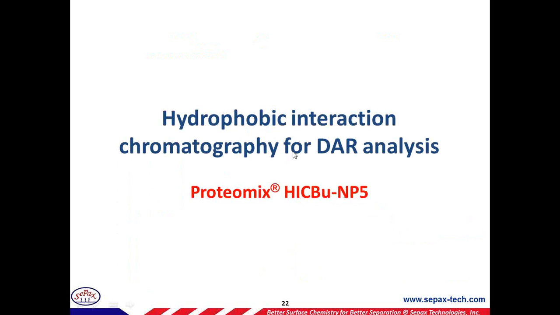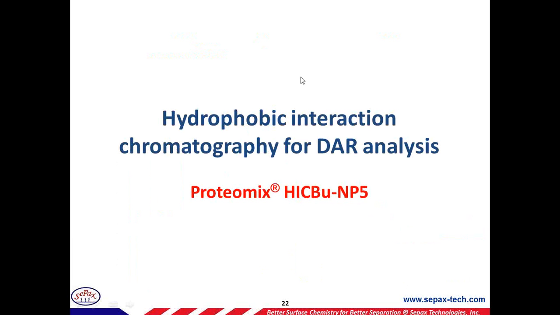Very good. All right. So we're talking about charge variant separation on the cation exchange, and next we'll go into hydrophobic interaction chromatography for the DAR analysis, the average DAR calculation, and also the DAR distribution. The column we'll be using is a polymer-based hydrophobic column. It's a butyl phase. However, we also offer a screening kit with ethyl, propyl, butyl, and phenyl groups attached to the resin, to give you different hydrophobic columns to screen your ADCs, because sometimes the small drug has different hydrophobicity, which leads to different hydrophobicity of the ADCs. So not all the time is the butyl suitable, and the other phases may be